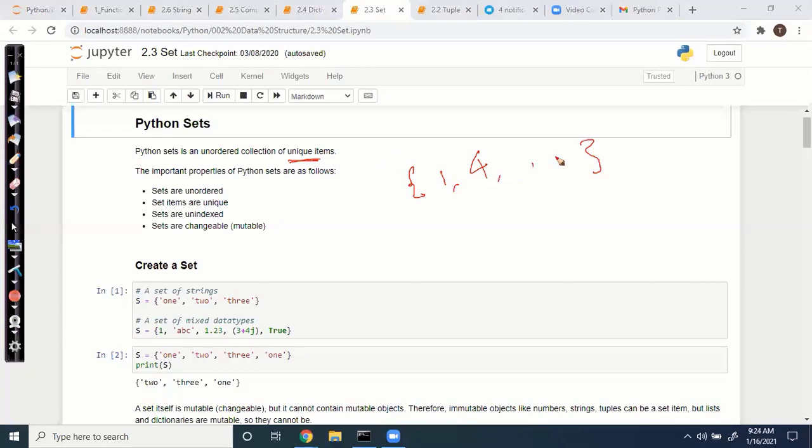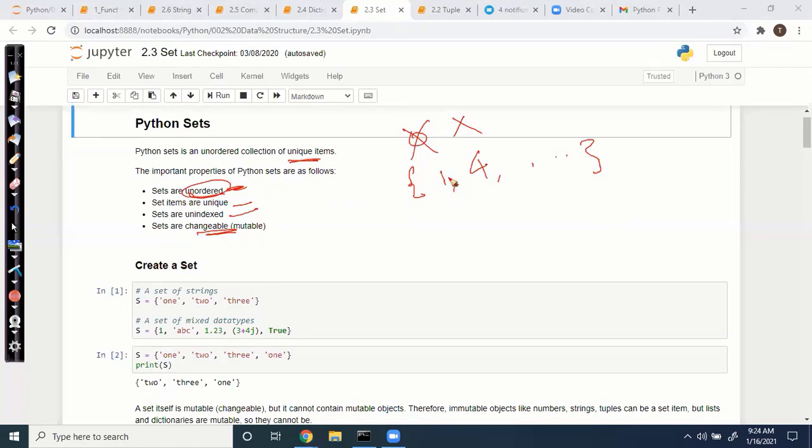That's it. Here it doesn't have any index. It is an unordered collection, it doesn't have index values. Items are unique, it doesn't allow duplicate values. It's unindexed, so unordered. Sets are changeable, mutable. You can change the values.